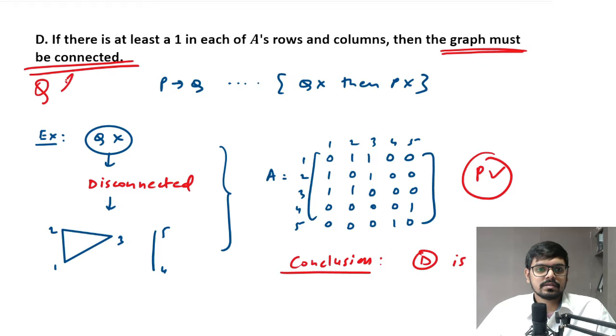If Q is talking about connected, then Q false will talk about disconnected. So I'm taking disconnected. Once you are taking disconnected, the previous example is good to go. So for the disconnected, we already know the A matrix. Now they are saying